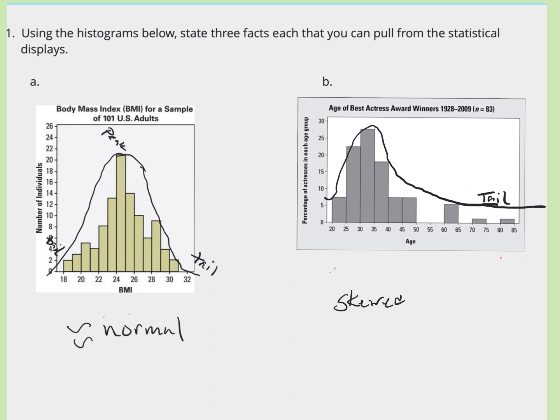And we're going to say that it's skewed to the right because the tail is much longer to the right. We can see here that the tail length here is much longer than it is on the left-hand side. So we would classify this as right skewed. So anytime we have a histogram,